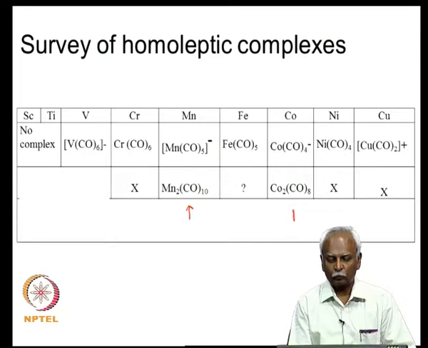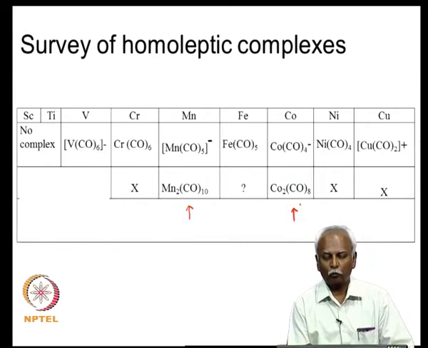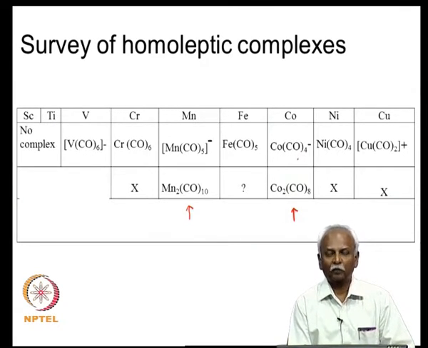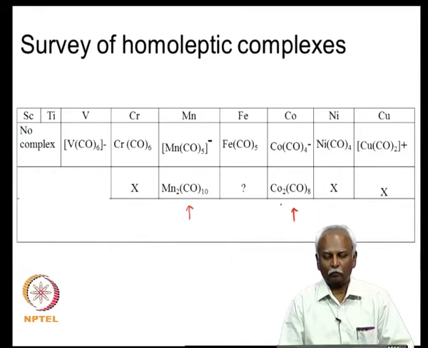So, here are 2 instances where you have 2 dimeric complexes that are formed. It looks as if you can have some other ways of compensating for the number of electrons around the metal. If indeed the metal was forming this cobalt tetracarbonylate anion to compensate for the number of electrons it was having in the valence shell, then there seems to be another way of forming the same number of valence electrons in the complex, and that seems to be in the form of making a dimeric species.